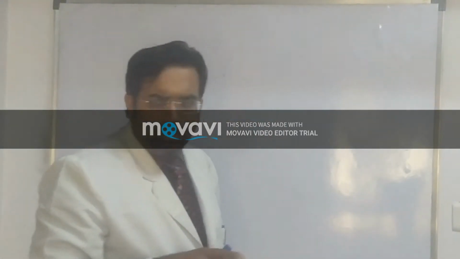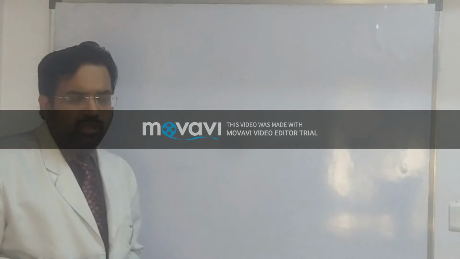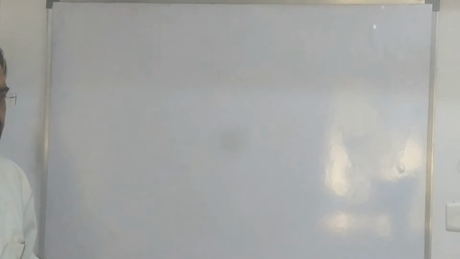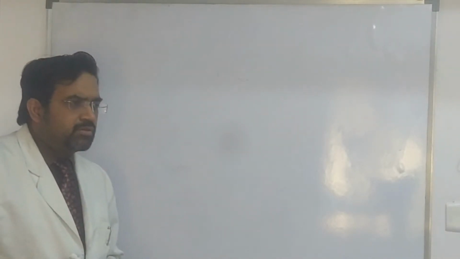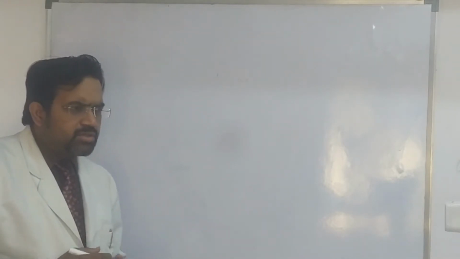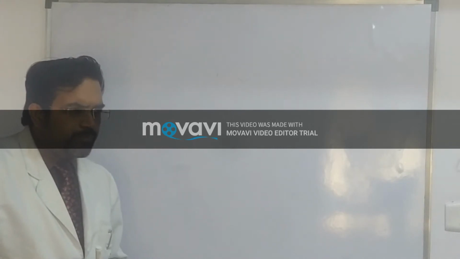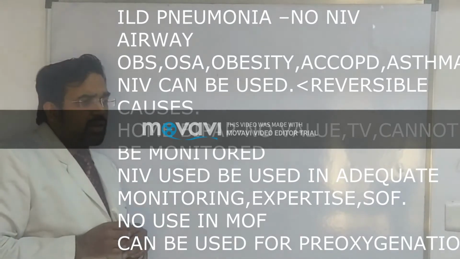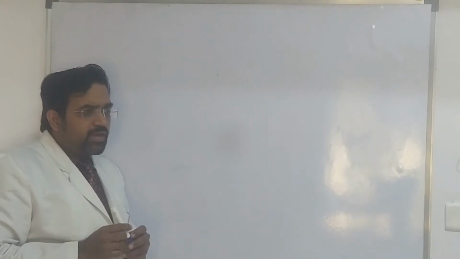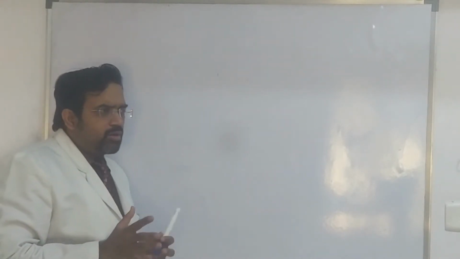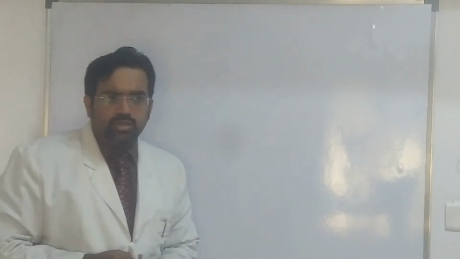In COPD, you talked about NIV and neuromuscular asthma. Did anyone notice any difference in any of these? Anyone picked up any difference? In one setting we are giving only PEEP, in another we are giving PEEP. In cardiac origin, we are giving PEEP. Otherwise, in asthma and the others, we are giving PEEP plus pressure support. Alright, so you did notice one difference: in cardiogenic pulmonary edema you want to give PEEP, and in asthma you want to give IPAP. We have changed.